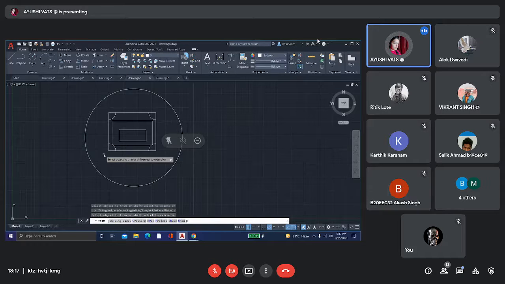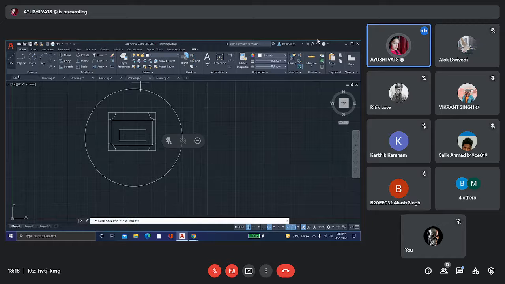But if you have a previous version of AutoCAD like 2020 or older, and you want to work like the 2021 version, then at the bottom of the command line, you select the trim option, press enter, and then select the object, and it acts like the 2021 version. Okay, and we have the extend command.